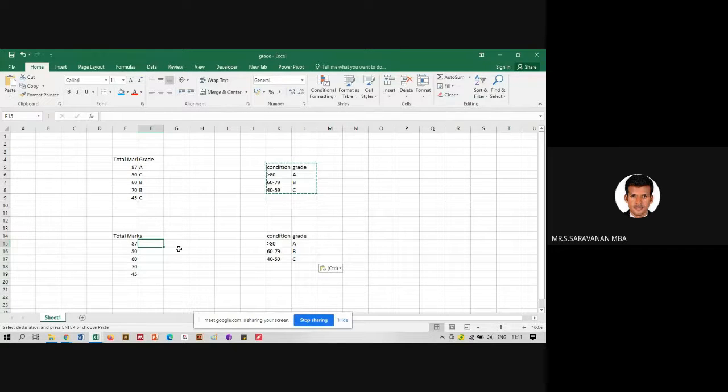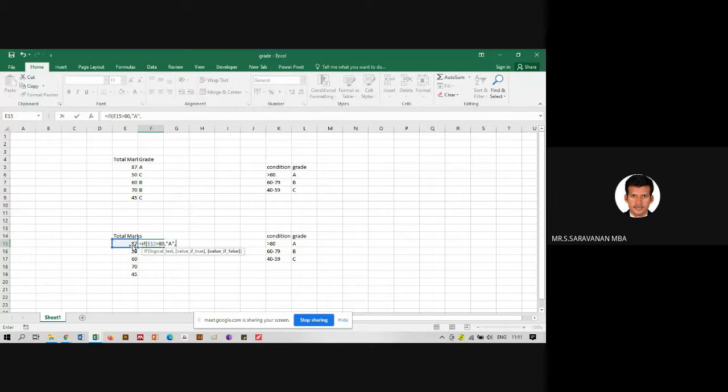Here I have the total marks of the students in the class, and I'm going to grade them. So equal to IF, open the bracket, if it is greater than 80, I have to give A grade.